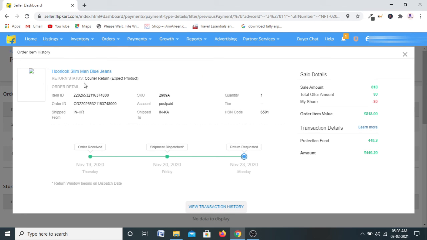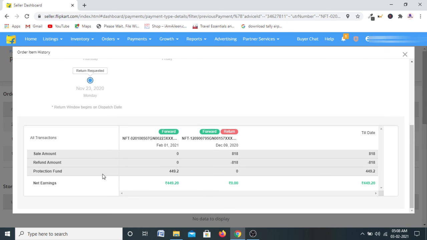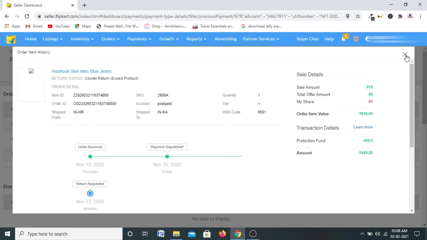You can check the item ID, the shipped-from SKU ID, all details here, and view the transaction history. Now this is your sale amount, refund amount, protection amount, and net earning. All the details you can find here. This is your detailed transaction report.